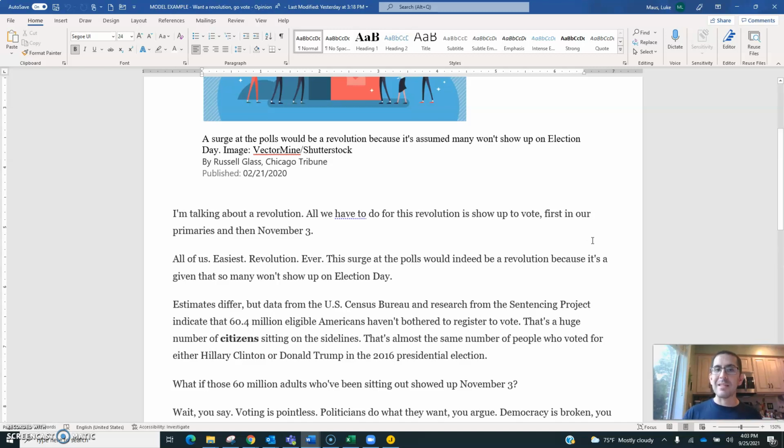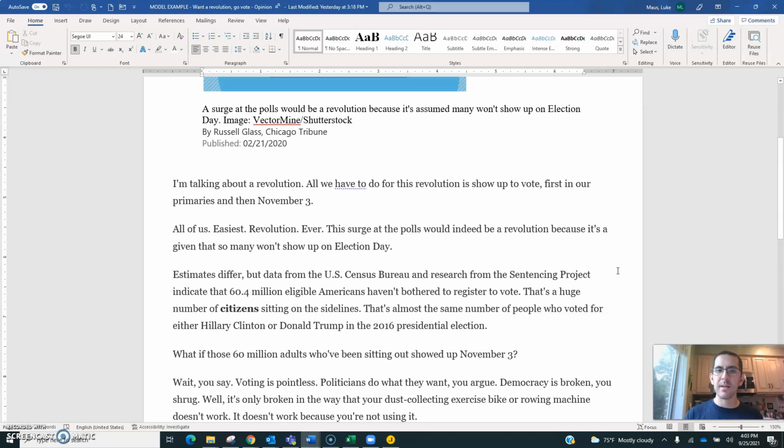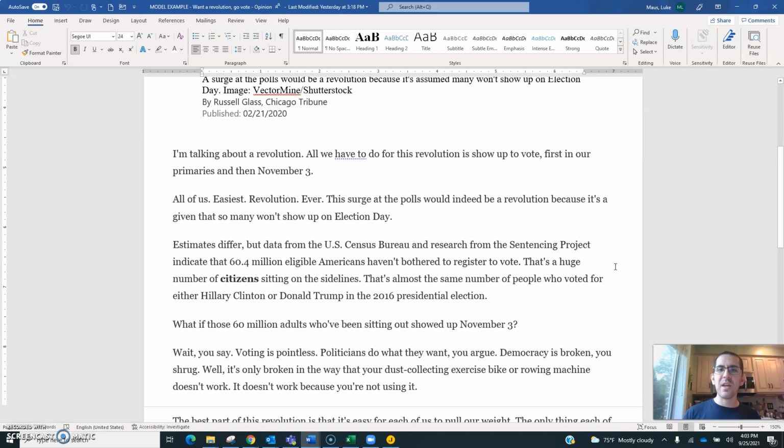Estimates differ, but data from the U.S. Census Bureau and research from the Sentencing Project indicate that 60.4 million eligible Americans haven't bothered to register to vote. That's a huge number of citizens sitting on the sidelines. That's almost the same number of people who voted for either Hillary Clinton or Donald Trump in the 2016 presidential election. What if those 60 million adults who've been sitting out showed up November 3rd?